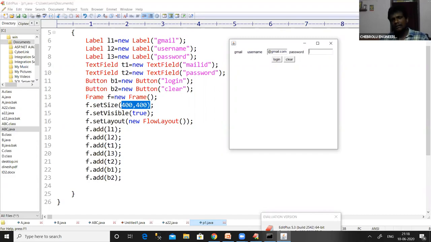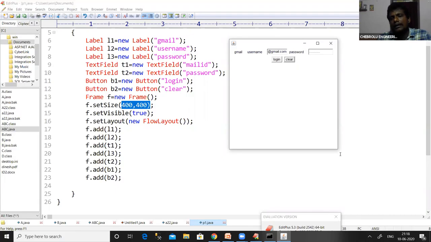It will display nothing else. Here I am not going to mention how to convert this text field into a password field. So it is a password field where we can enter any type of password, and then there is a login button, and then a clear button.